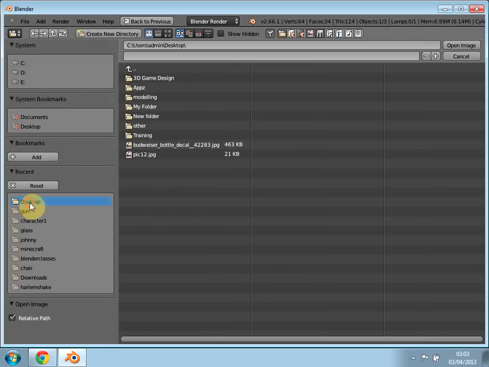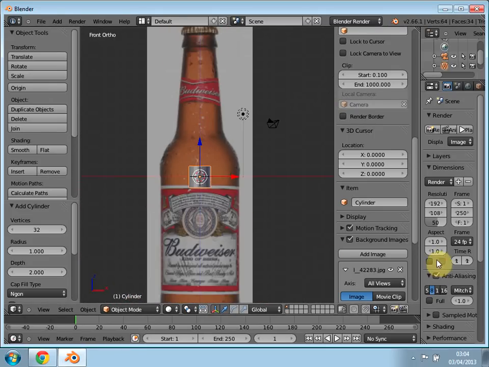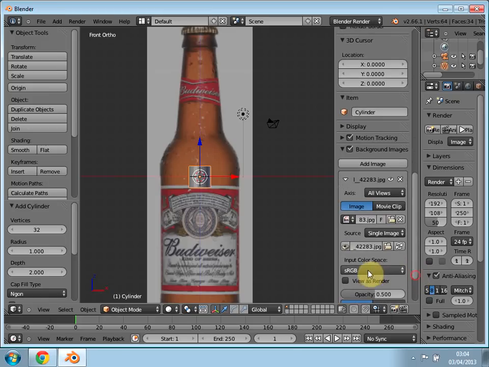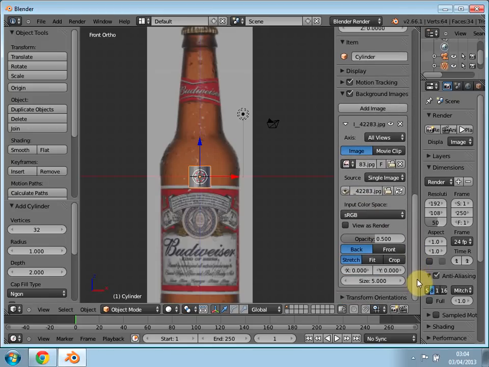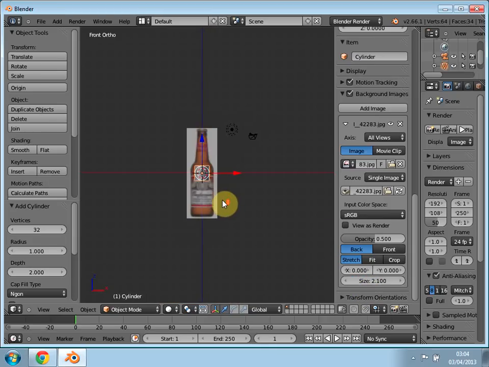Mine is on the desktop, and I've got it, which one is it? It's right here. Once you have that done, as you can see, it's actually very big. So we are actually going to make it smaller. I'll say we can make it, I don't know, 2.1. Yeah, that should be fine. Actually, let's just make it 2.5. Okay, once that's done,